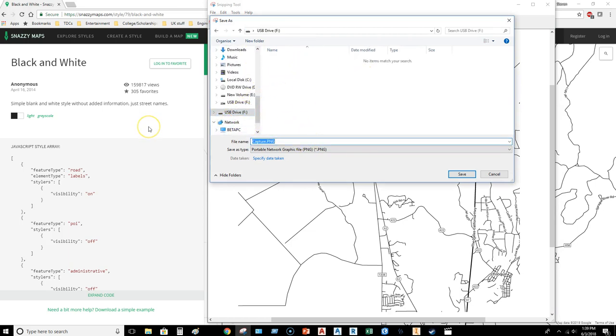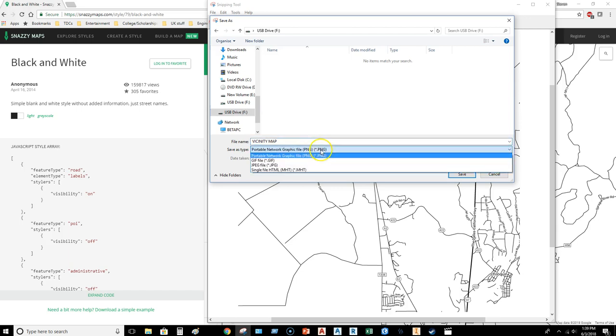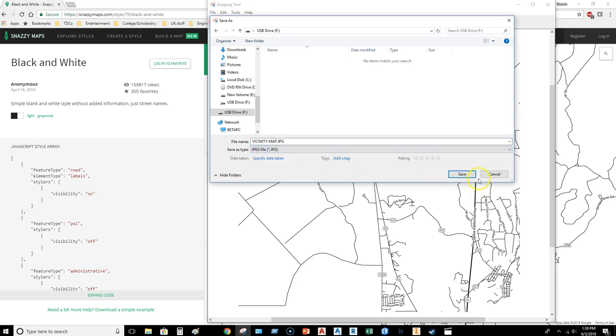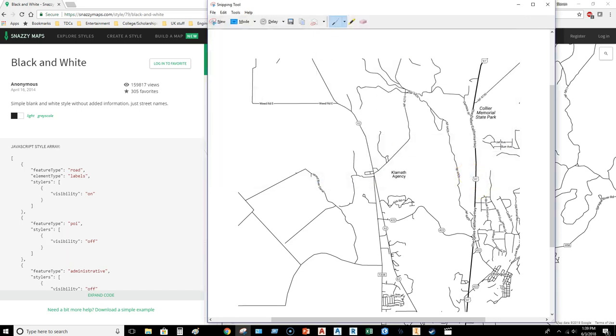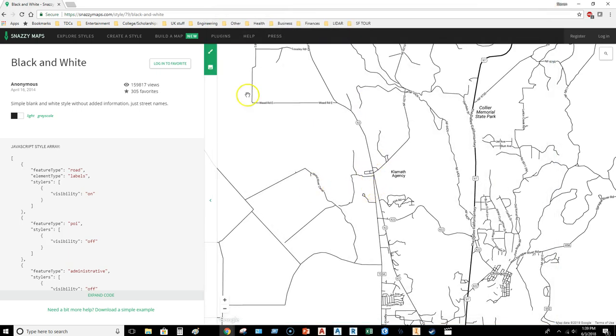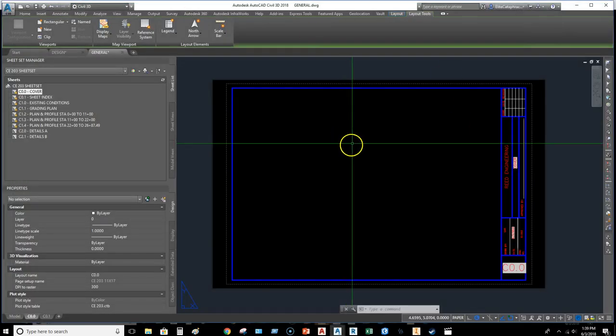So I'll just call it Vicinity Map. And I'll call it JPEG. You can do a PNG if you want, though. I'll save it, and then I can close this. So I don't need that anymore. So now what I'm going to do